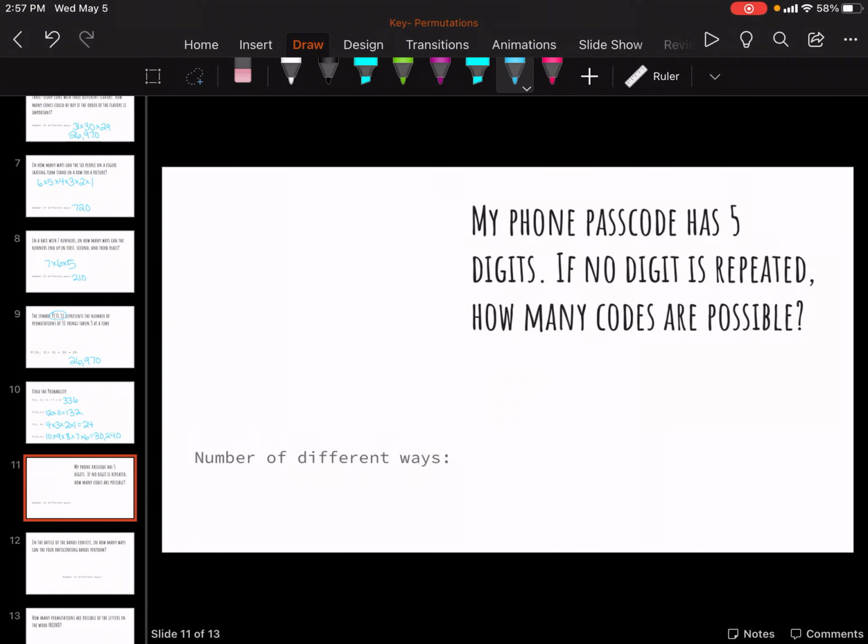30,240. Your phone passcode has 5 digits. If no digit is repeated, how many codes are possible? So how many options are there for the first number? Well, there's 10, because 9, 8, 7, 6, 5, 4, 3, 2, 1, times 9 times 8 times 7 times 6, because it's 5 digits. So 10 times 9 times 8 times 7 times 6,